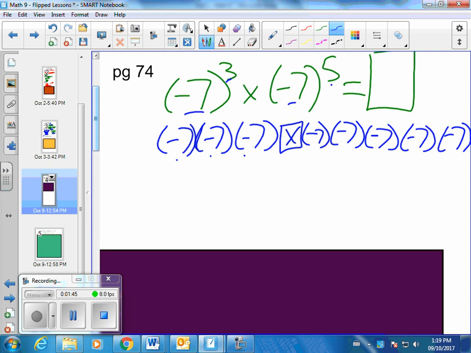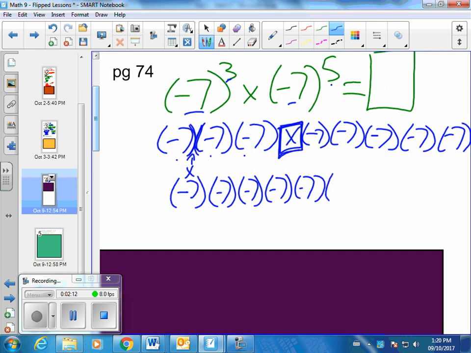But the question is, do we really need it? Every time I've got a number in brackets beside another number in brackets, this is representing multiplication. So this is essentially just an unnecessary piece of writing that we put in there for no reason. So we're going to rewrite this without that in the middle. And what I'm left with